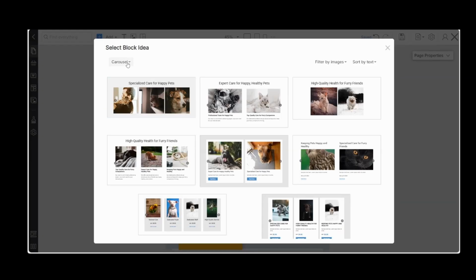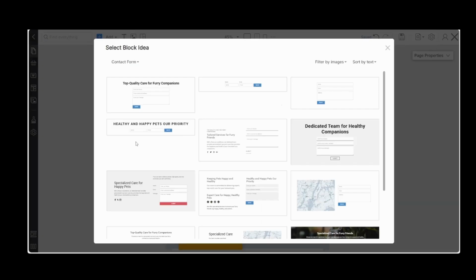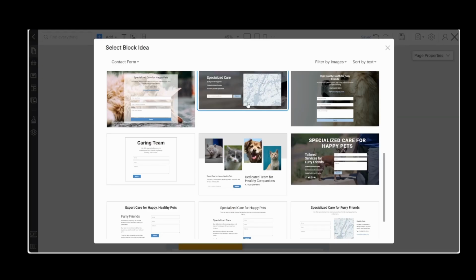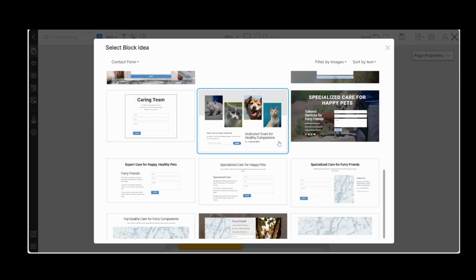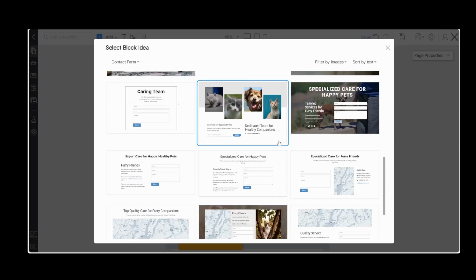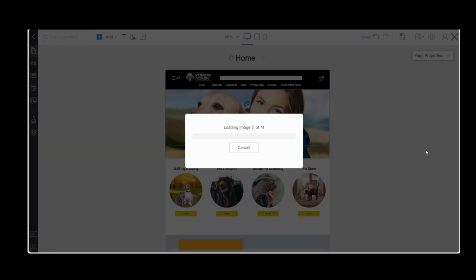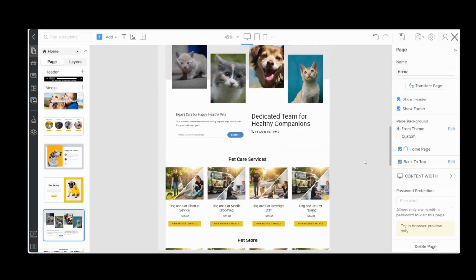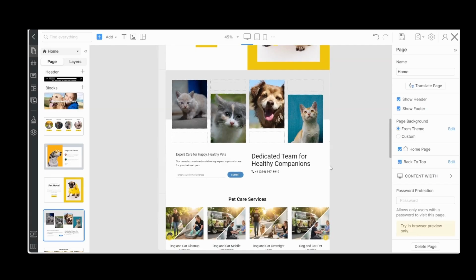Oh, contact form sounds good. And let's take a look at contact form. There's some nice contact forms. Kind of like this one. We'll use that. That came out pretty good.